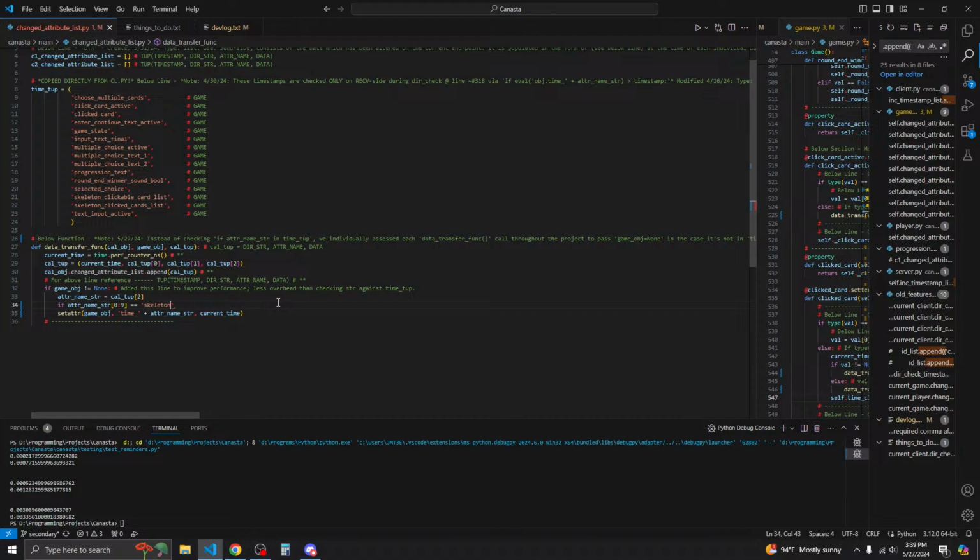Then, or really, to be even more simple, we could say if skeleton in adder name string. Because, but doesn't that mean